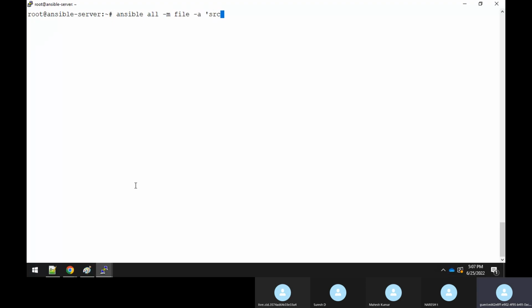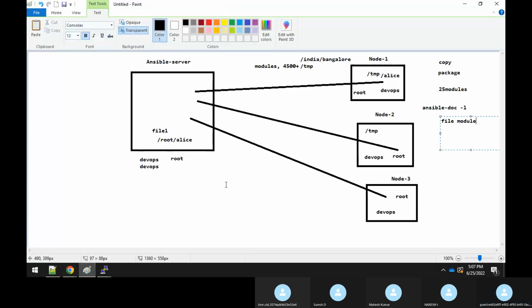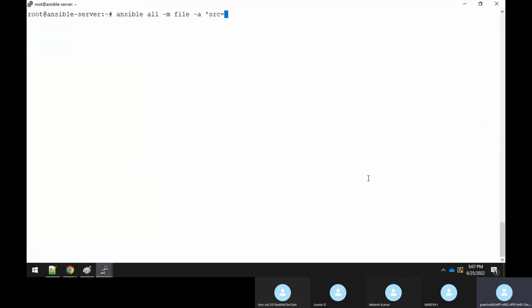What is the source? Source is nothing but, under this path there is some file, like suppose /etc/passwd on node 1 and node 2. So under the /etc/passwd file I want to create a soft link for this passwd file under the temp. Okay, so what you have to do, you have to say destination is equal to